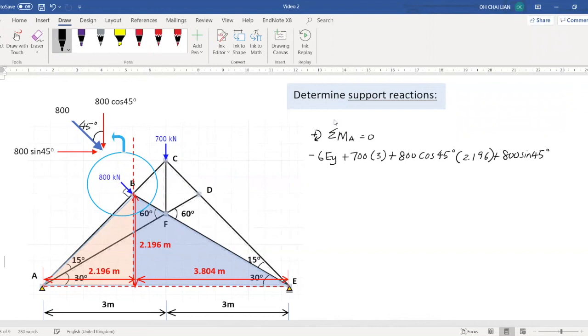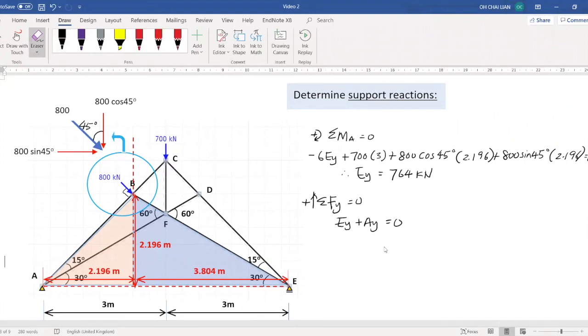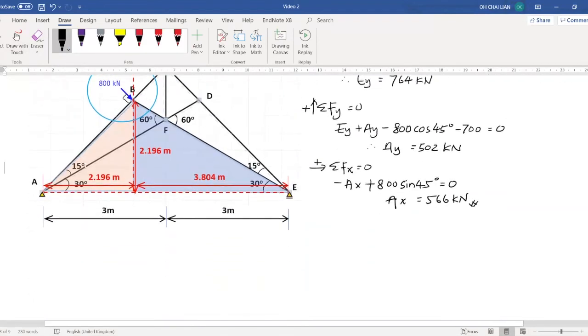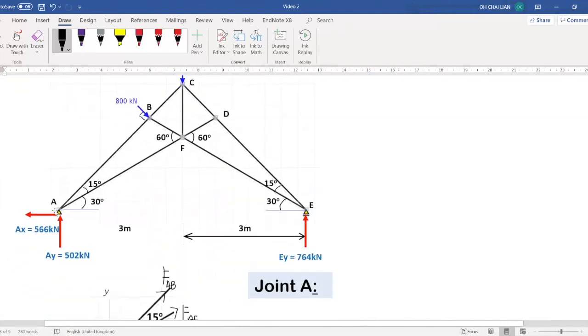Summation M, summation Fx, and summation Fy in solving for the support reactions. Here we start with taking the summation moment at A equal to 0 and assume positive in clockwise direction. Once the support reactions were solved, we need to observe the forces at all the joints and start the analysis